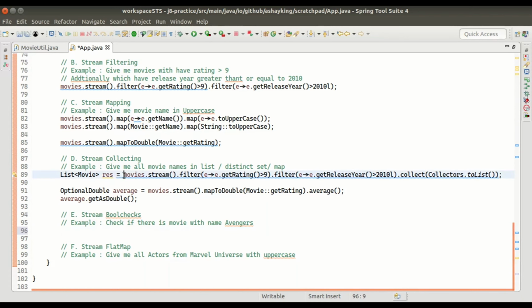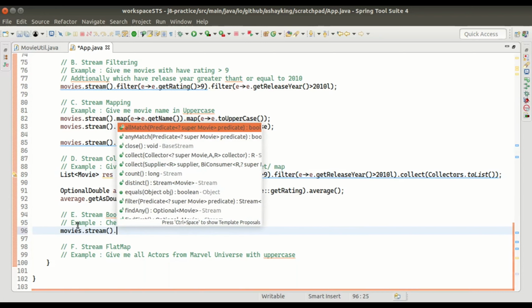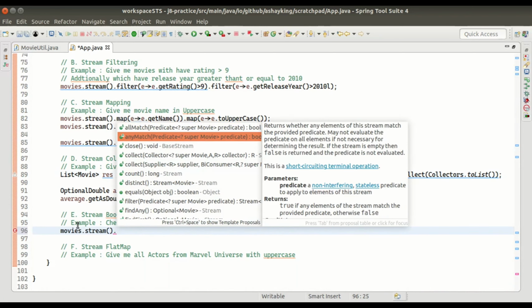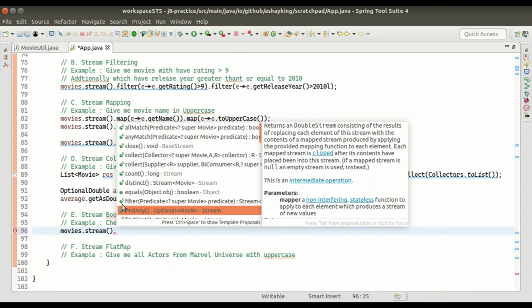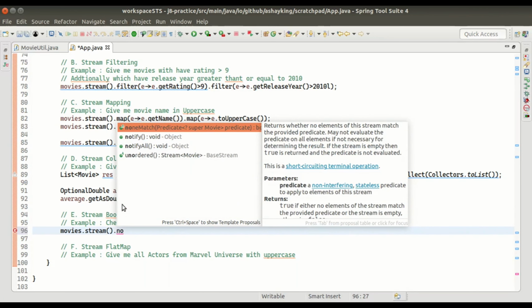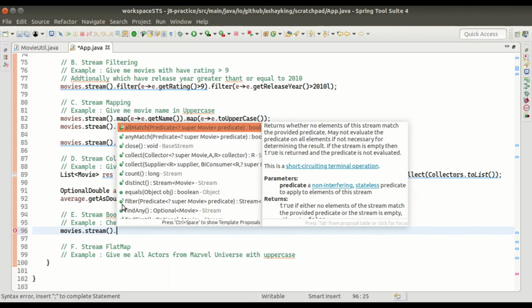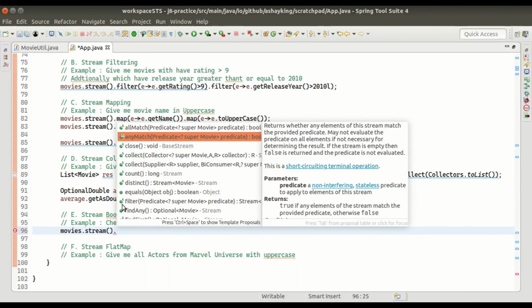So what we do here is use streams' already defined methods like all match, any match, and none match. These are the conditions which take a predicate as an input and apply it over all the elements to check whether this particular condition is satisfied or not. As an example, I wanted to find out if the Avengers movie is present in any of the elements. So here we are not checking whether all movies contain this, we are interested in any one of them.